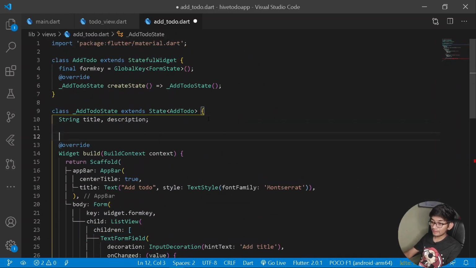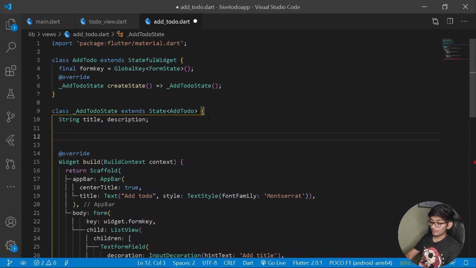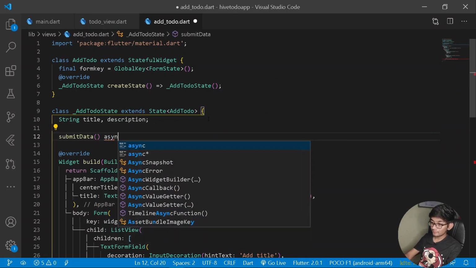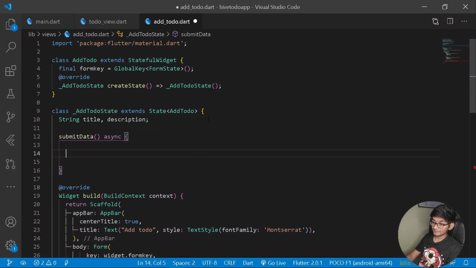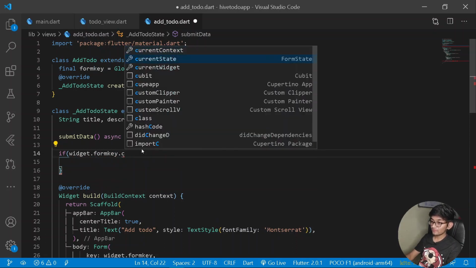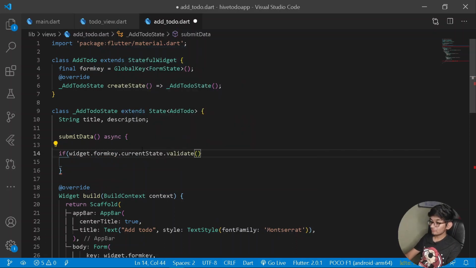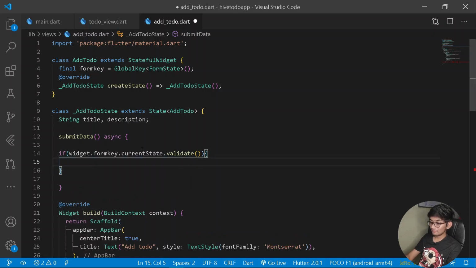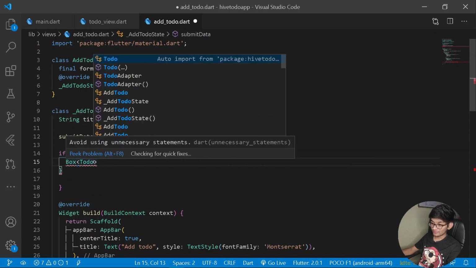So for doing that, let's create a new method at the top. Just like this, the process is going to be asynchronous, so let's mark the method as async. Under this, first of all let's have a new if condition of whether widget.formKey.currentState, not currentContext but currentState, is validated. If that is done, we will be simply having a new box under a case of to-do. Let's have here a Todo, but let's import both of the following things.